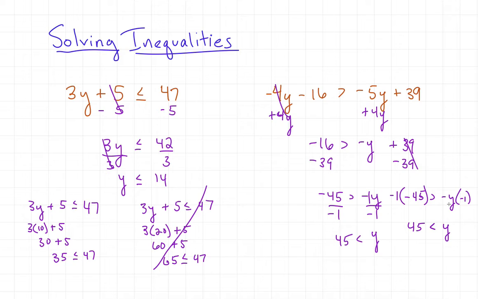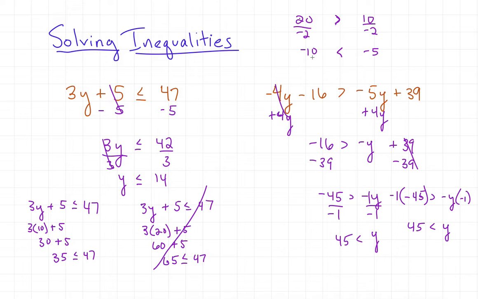Now, just a quick explanation as to why I'm switching the sign. If we come up here and we look at these two numbers, 20 and 10, obviously, 20 is greater than 10, right? But let's just say I divide this 20 by a negative 2. I'm going to end up with negative 10. Now, if I divide this 10 by the same negative 2, I wind up with negative 5. Now, we can't place the same inequality symbol in there because it wouldn't be true, because negative 5 is greater